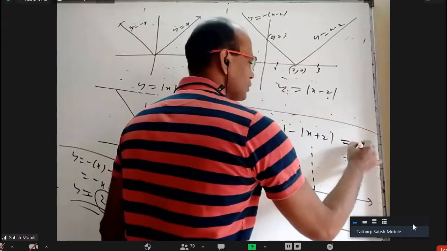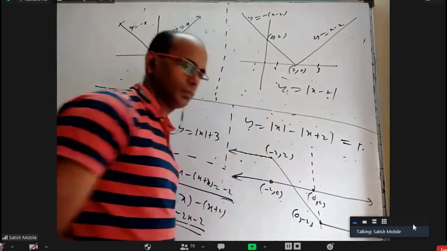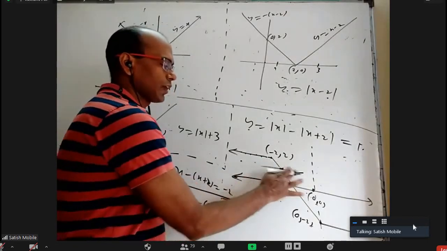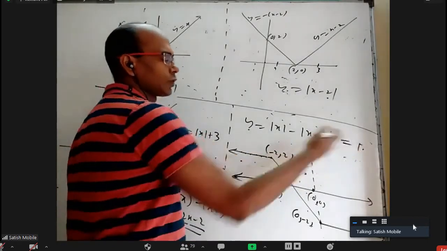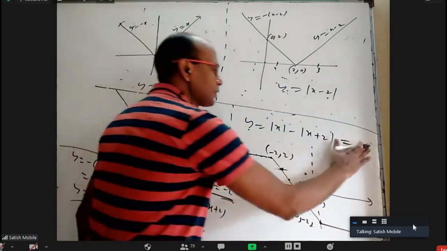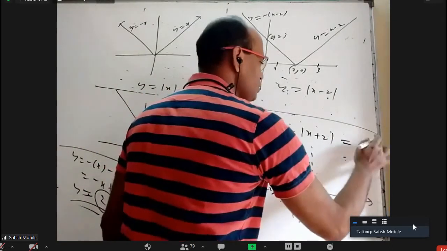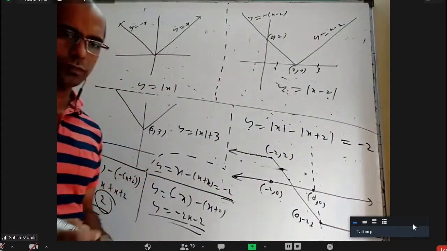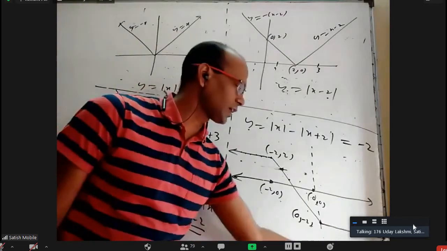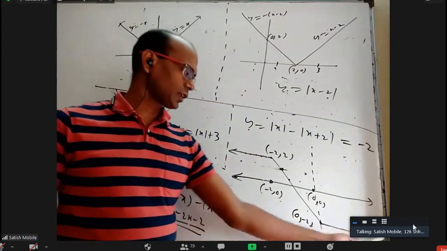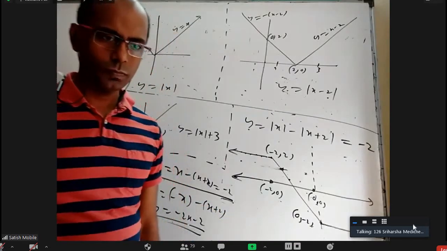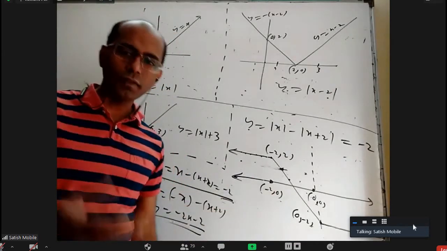If I take y equal to 1, I'll get only one solution, because there will be 1 point only with y coordinate 1. If I take y equal to 0.3, there will be only 1 point. I'll get only one solution. But if I take y equal to minus 2, what will I get? Again, infinite solutions, that is this line. 0 to, closed interval. At 0 also it is minus 2. Yes, sir. Okay, that is our 9th question, by the way.